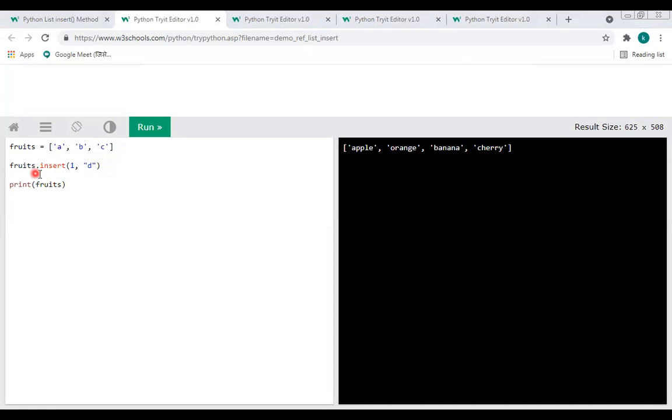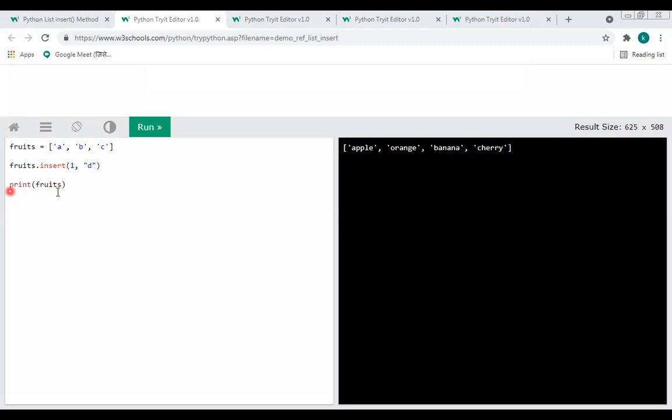Suppose I want to insert the element D at a specified position, that is, at the first index number. I can do that with the help of the insert method, which takes two parameters. The first parameter is the index number, and the second parameter is the value.